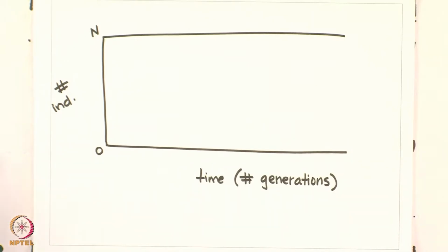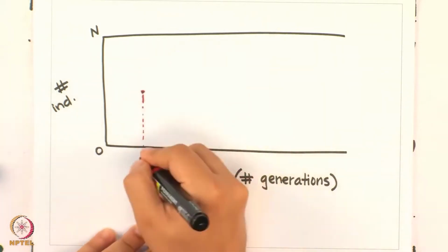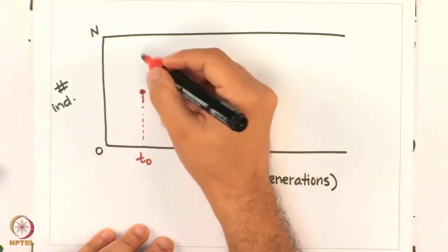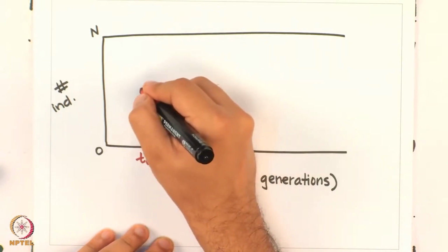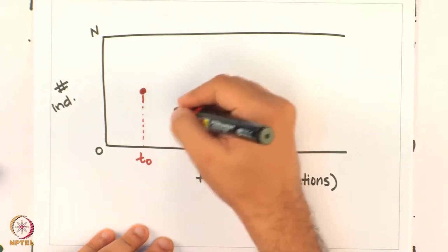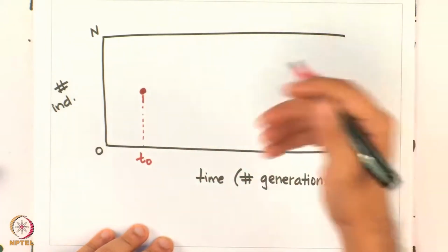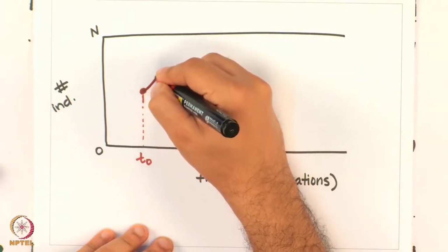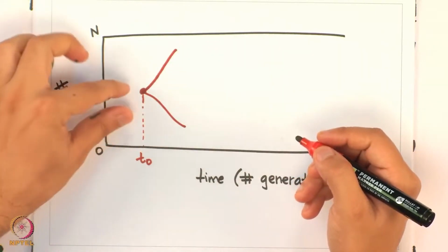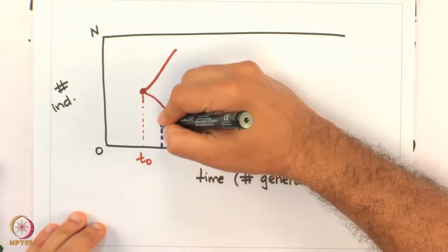In this representation, a mutation might occur at time t equal to t0. At this time I have one individual which belongs to a mutant genotype, and all others are the parent genotype. As I move forward in time, suppose this mutation is able to establish itself and go to fixation; its relative fraction in the population will keep on increasing. Starting from this one individual, the mutation is spreading in the population, and at any given time t1, if I draw this vertical line,